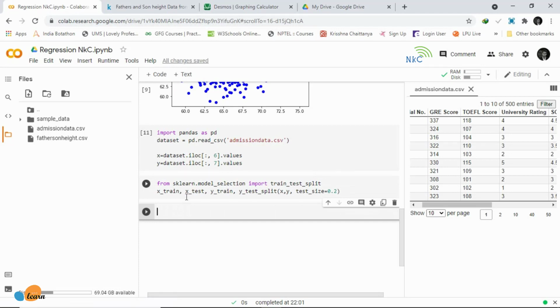And now what we are going to do is the same thing with polynomial features that we did above. We are just going to do it on multiple values.